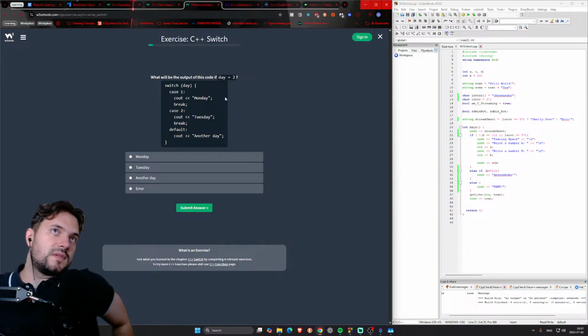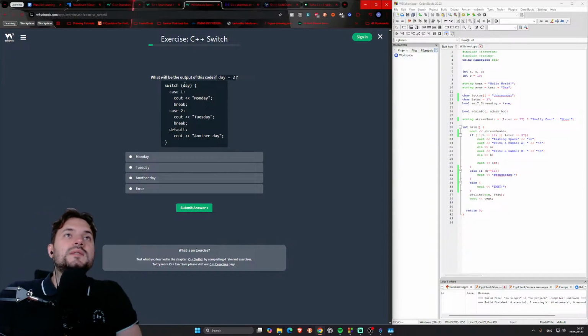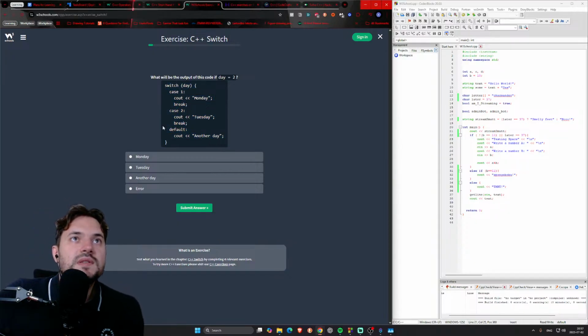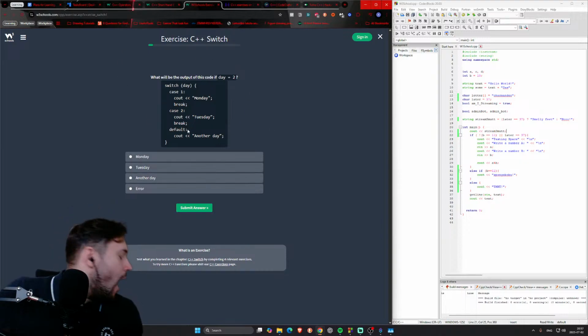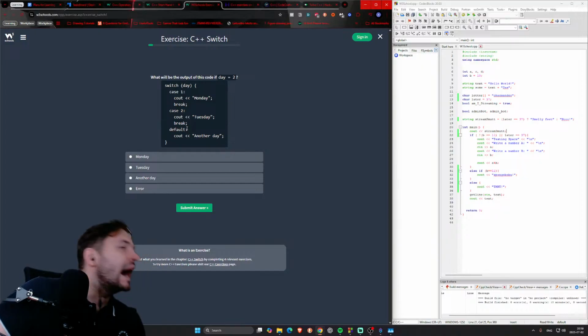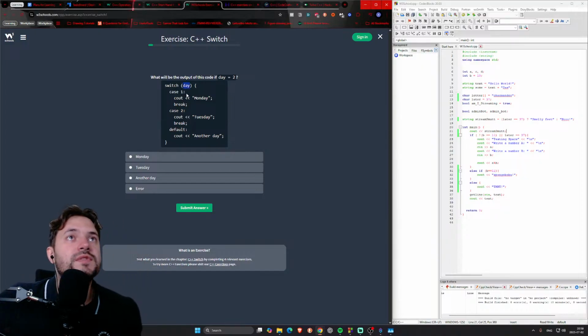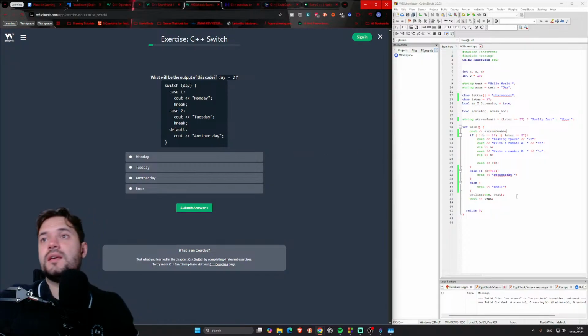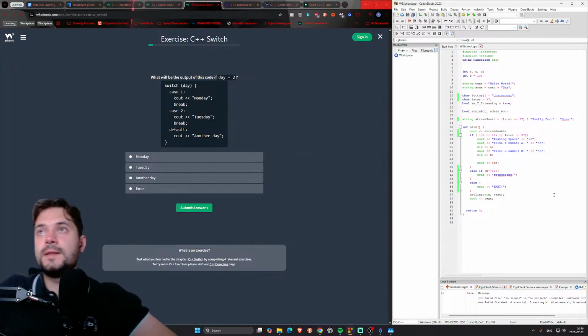Those switch statements are very interesting. Essentially, this is how you write them. So it's very similar to a condition. Basically, you write a case and you write what you want to check against this variable. It doesn't have to be 1, 2, it can be other things, like for example,